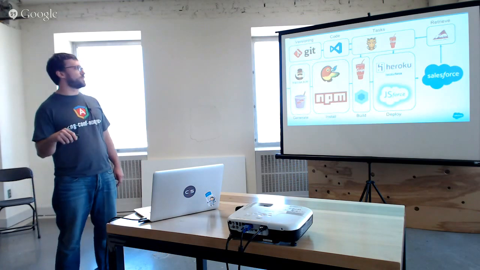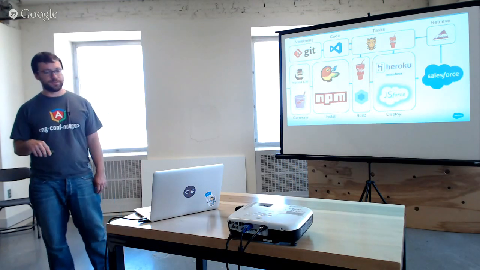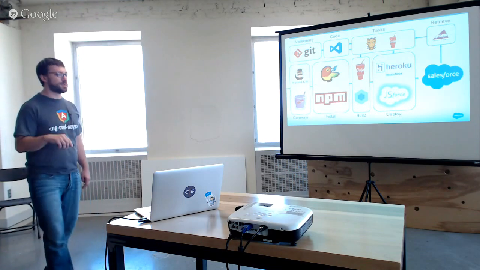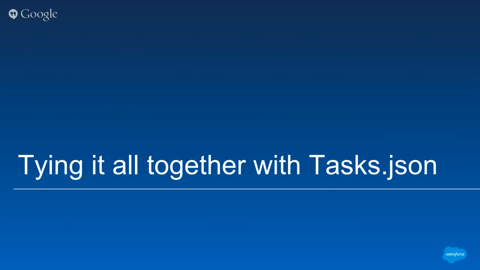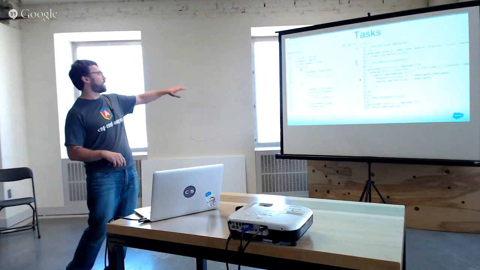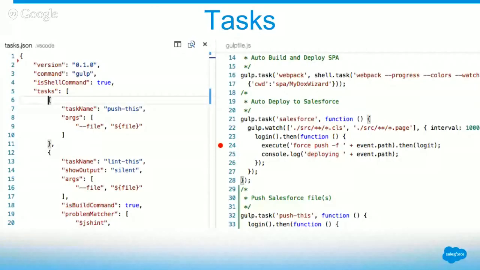So the real linchpin on this, like I was talking about, is the task runner. So let's talk a little bit more about running tasks with Visual Studio Code. The way you define tasks with Visual Studio Code is you have a task.json file. And that task.json file is what we can see here on the left. And right here, you define what command you want to build. So be it any kind of command line tool, anything you want to run, you can run it